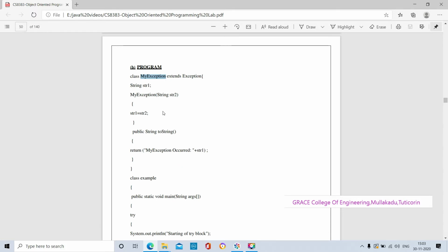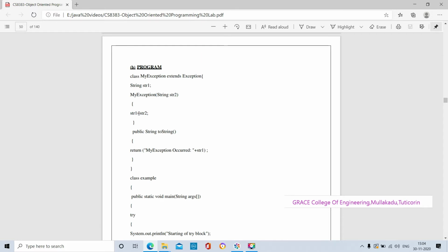Okay, so string data type, in this string data type we are taking the variable str1. MyException is the class. This class contains the parameter str2. We assign str1 equal to str2, assigning the value of str2 to str1.